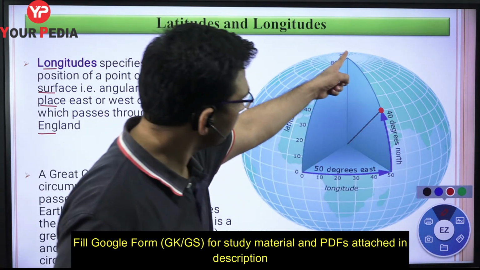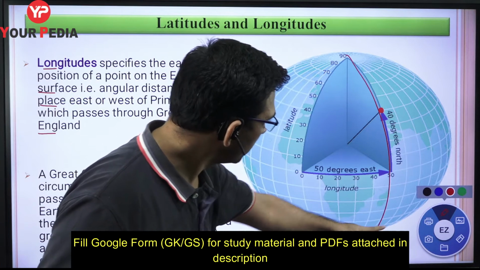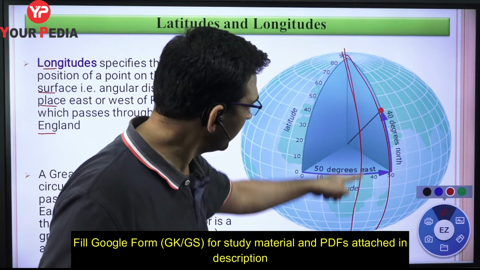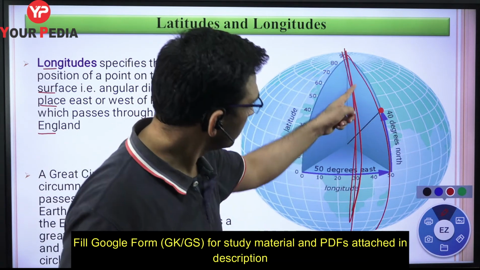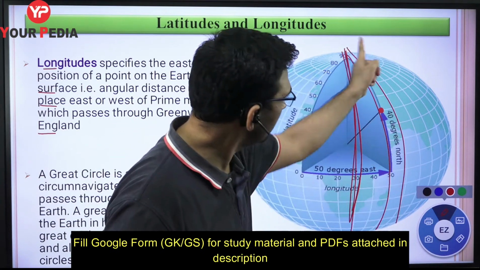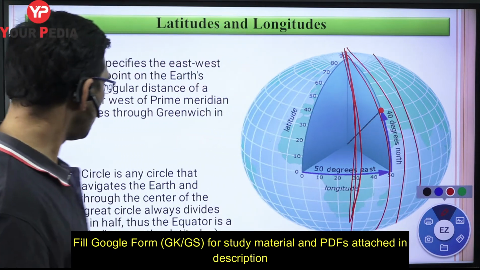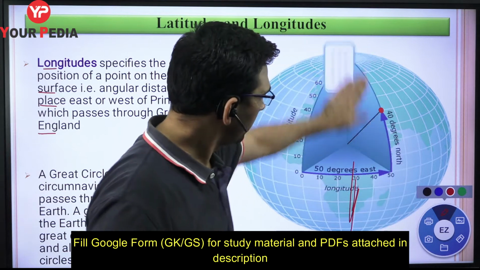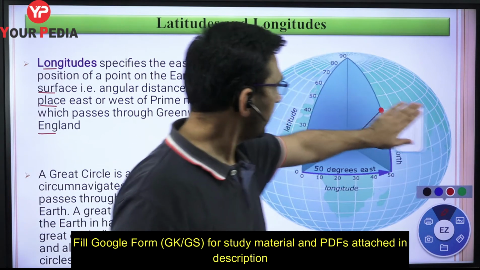So for example, if I say this is the 50-degree longitude, right? This was a 30-degree longitude, or meridian at 30-degree longitude. Same way you could have 60-degree, 70-degree longitude, all those things. Some additional information we will also discuss, but okay. Now let us ask one question over here.